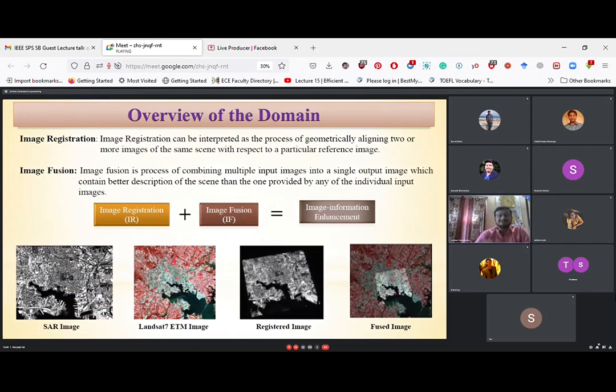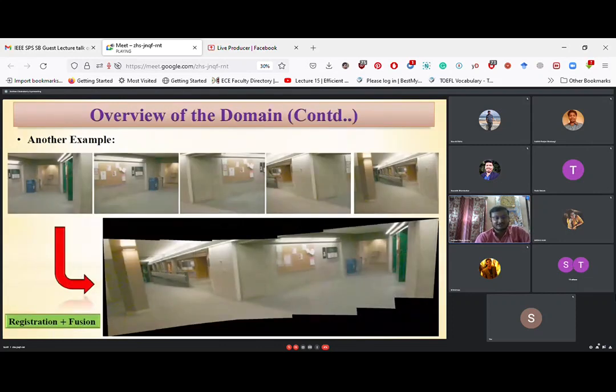Image registration is utilized as a front end, or pre-processing step, for a handful of imaging tasks. It may be computer vision also. Suppose image segmentation: in certain cases, such as 3D image segmentation, first of all we need to register. So image registration can also be used as a pre-processing step of image segmentation, and for object identification also. Both of these techniques are highly utilized in the image processing field. So we have decided in our PhD to work on this.